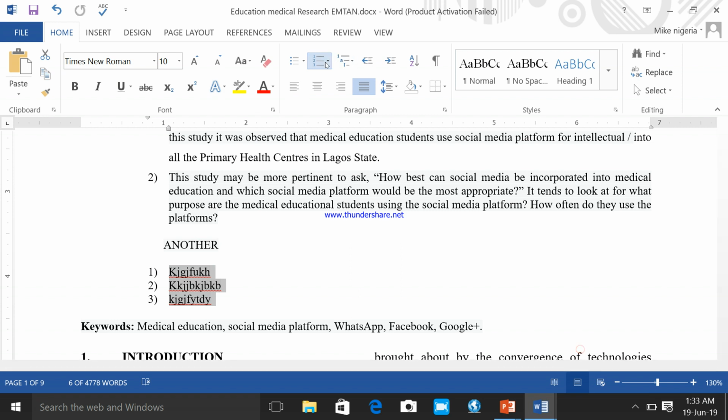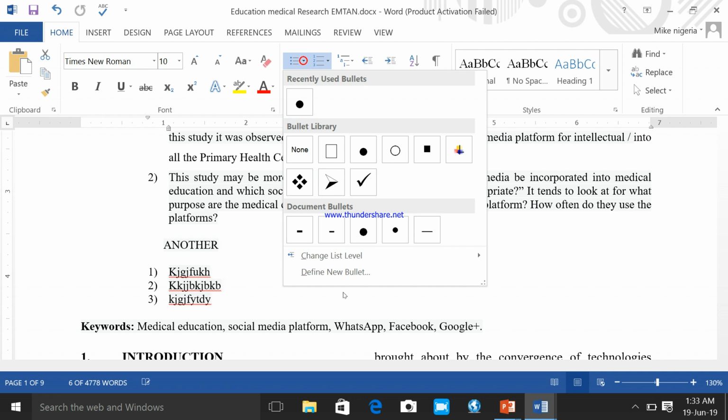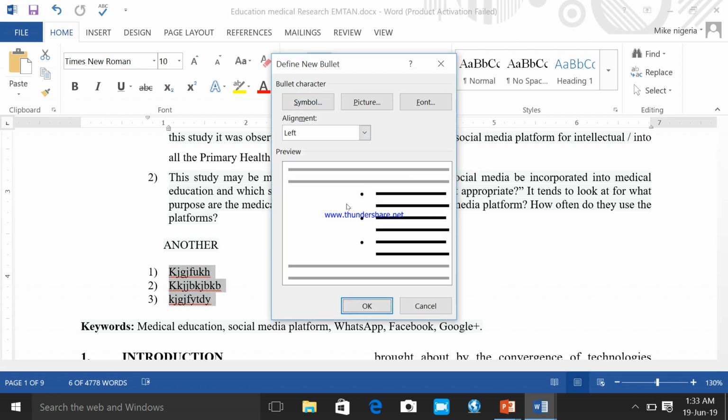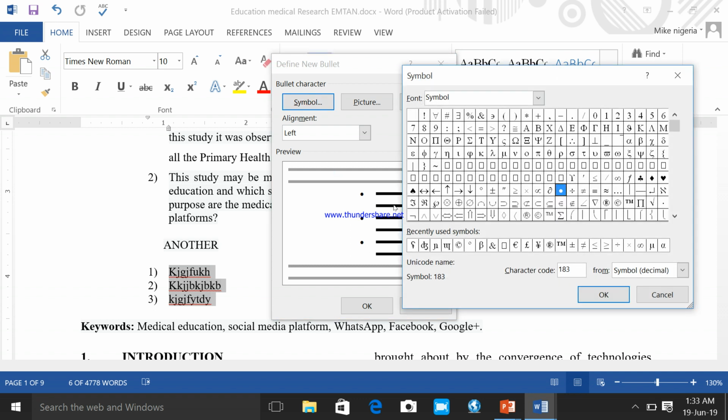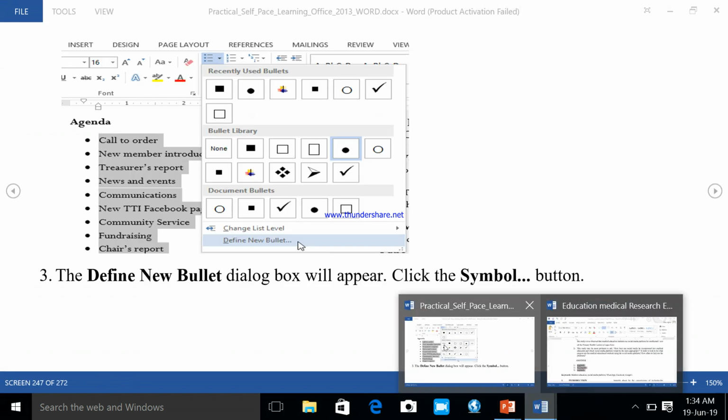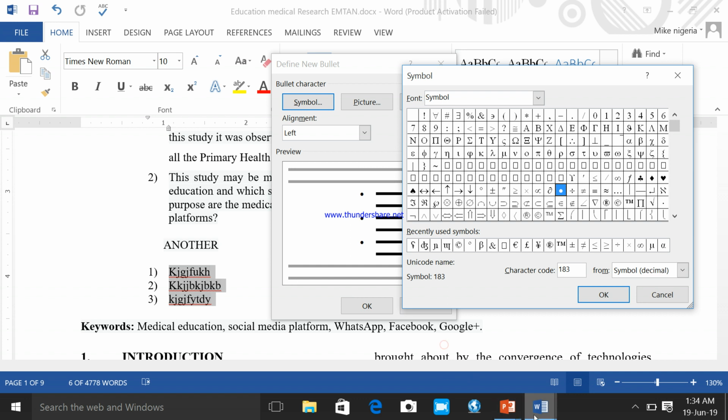You go to bullet, this is bullet. You go to define new bullet, this appears, then you click on symbol. Yes, this is symbol, but there is a little adjustment. Once the symbols appear,